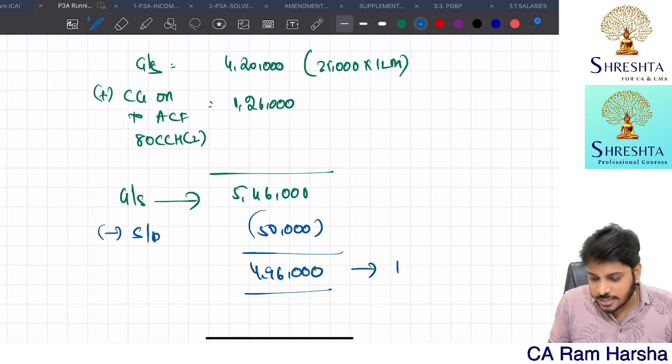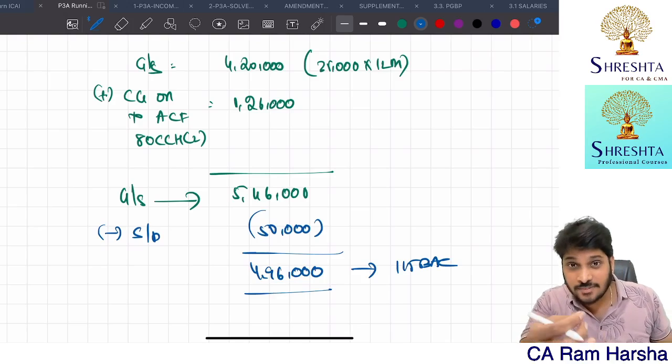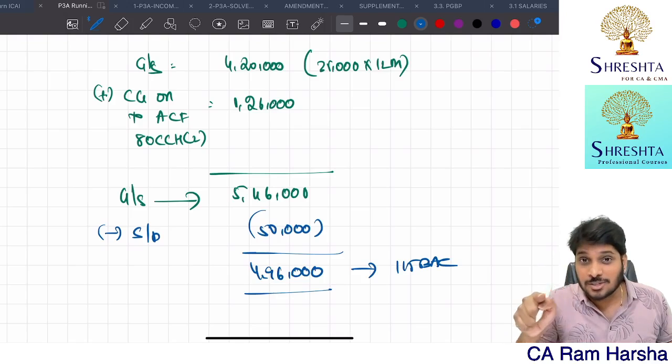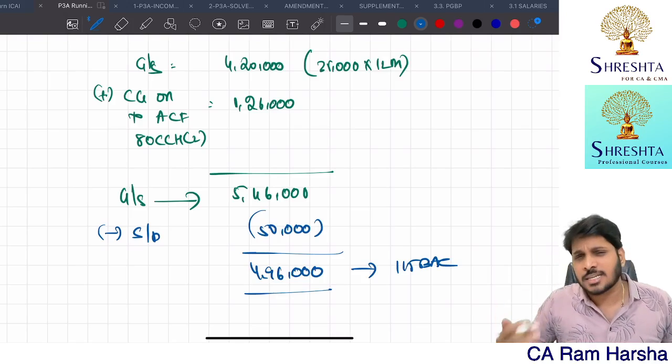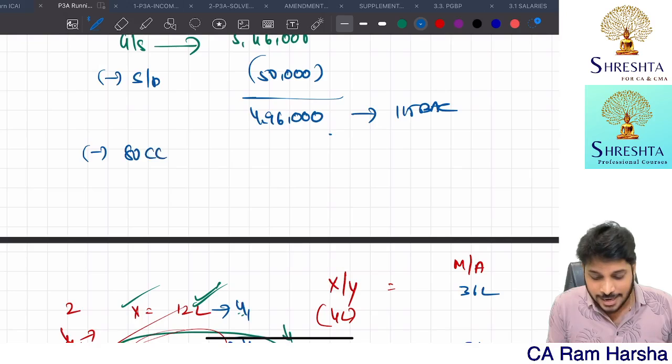Now, if the Agniveer is going with Section 115BAC, whatever tax he gets, he can claim entirely as a rebate under 87A. Up to 7 lakhs, you can claim rebate, yes or no? Up to 7 lakhs total income, you can claim a rebate of 25,000. Suppose you don't want to go with 115BAC. Suppose the Agniveer decided not to go with 115BAC, then he can claim the 80CCH subsection 1 deduction.